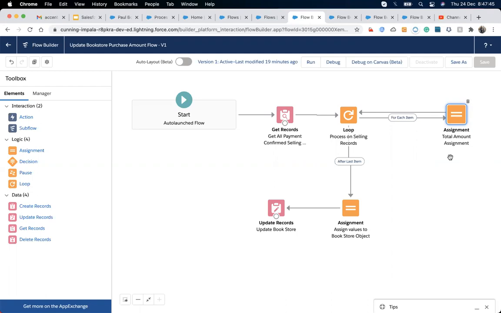So this is the thing: the loop is just to iterate a collection of variables one by one, and if you want to process each item, you just have to add the flow item, and whatever you want to do, you can do up here, and that's it. You can do it for each element, and once the loop finishes all of the records, then it will execute the rest of the task.